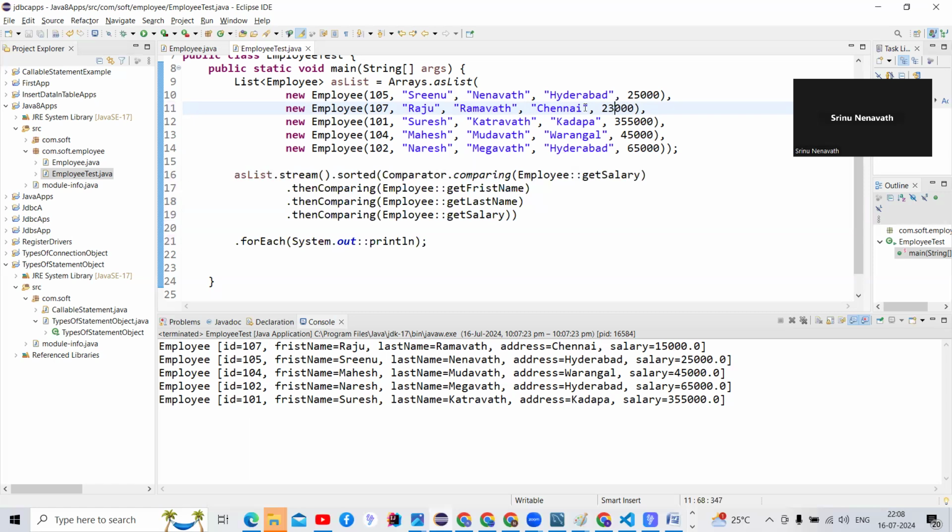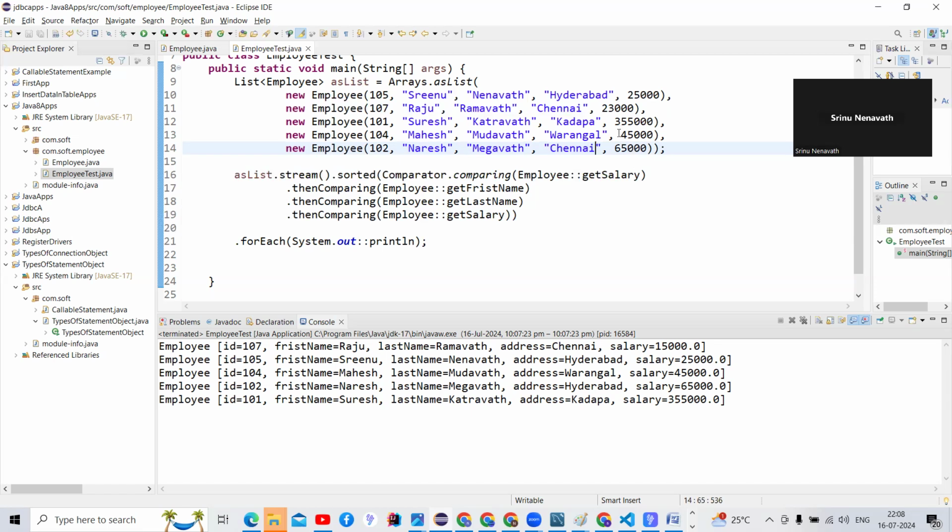And I'm going to give Chennai instead of Hyderabad. Guys, Chennai, I'm going to give in two records. See here, guys, I'm going to filter the data. First of all, what I'm going to do is filter the data here. I need to enter the data, and I need to print only those